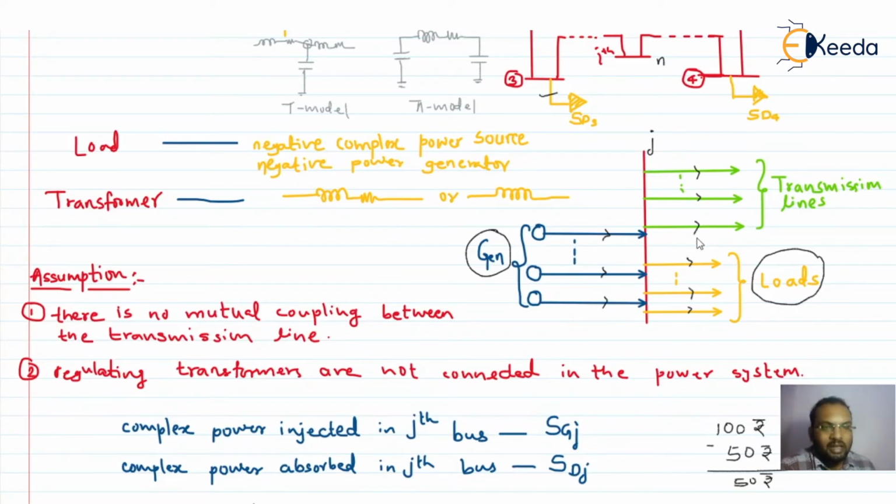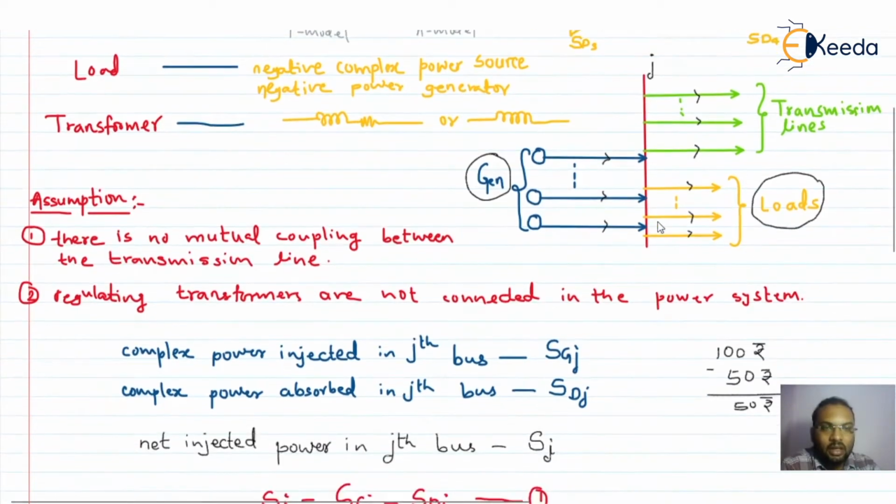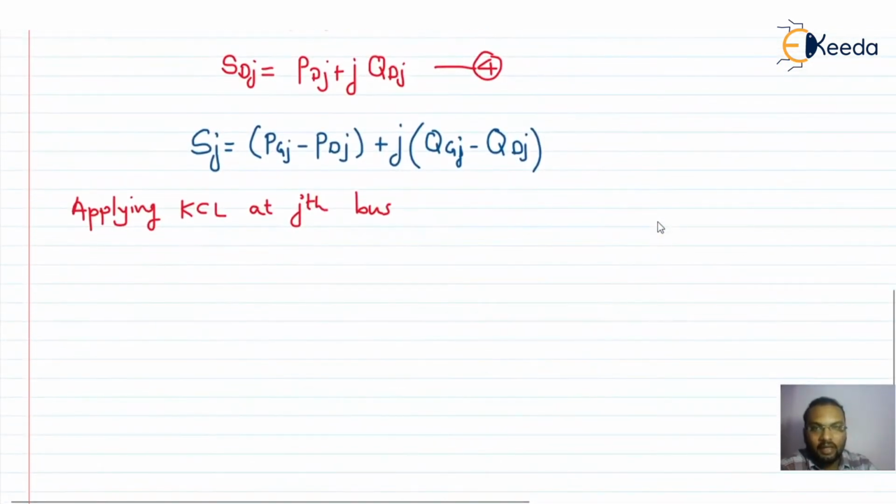If I'm applying KCL, I'll definitely get a vector of the currents. I'll get a general equation for that jth bus, and it will be